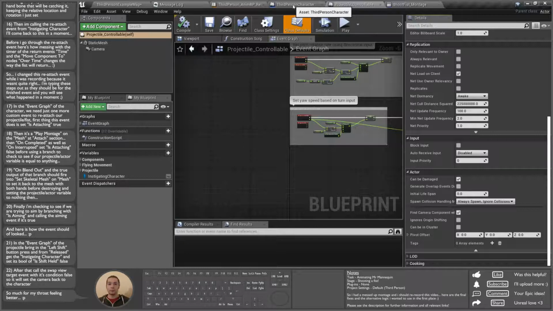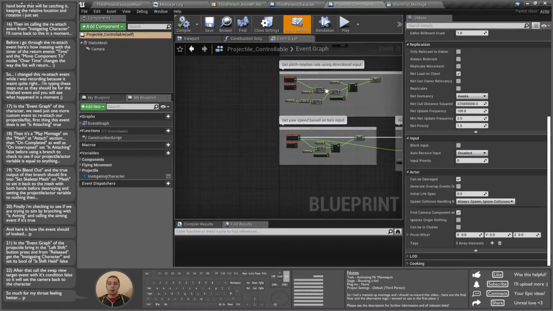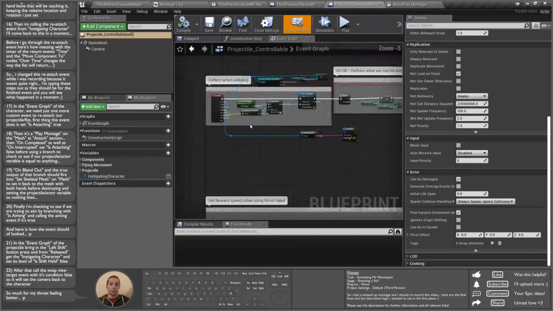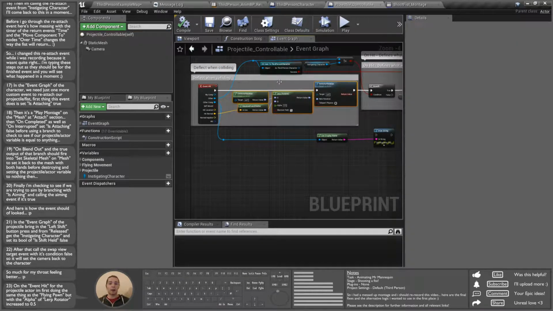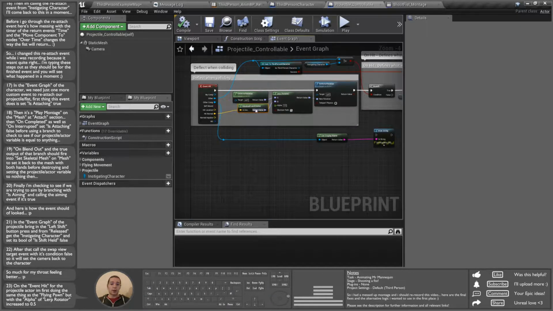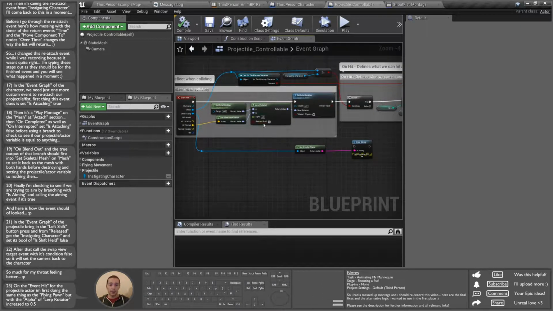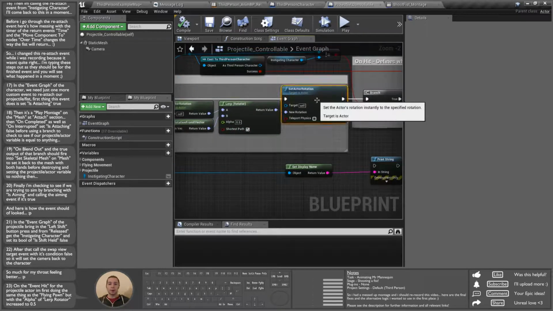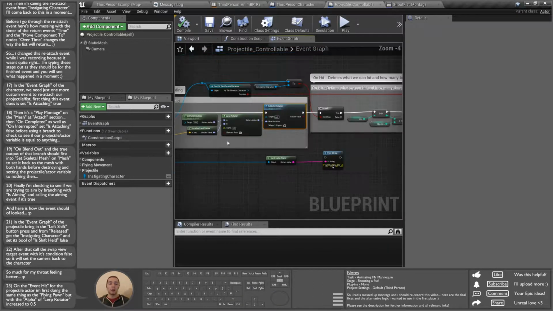So onHit, I have the same deflect when colliding logic that was in the flying pawn, which is just getting the actor rotation, lerping that to the rotation from X vector of the hit normal when we hit something, and I changed the alpha from the very low, I think it was 0.025 or 0.225 or something like that was the deflection. Now I've got it at 0.5, so we seem to bounce off quite a lot, which is how I wanted it,